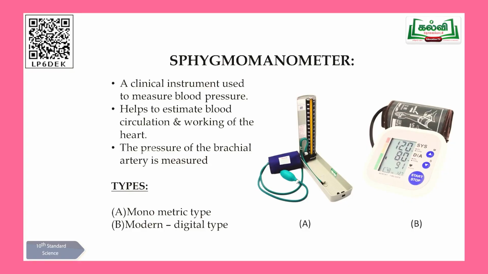So this particular instrument, we have two types of sphygmomanometer. One is called manometric. What I have in my hand is manometric. Then the second one, the digital one, I will show you now. That's called the modern sphygmomanometer. When you look at this sphygmomanometer, this is definitely very, very useful for hypertension patients to check themselves about their health problems. This particular manometer helps to estimate the blood circulation and working of the heart in a proper condition, whether your heart is working properly, whether we have the normal blood pressure that, as I have specified now, 120 to 80 mm of mercury.